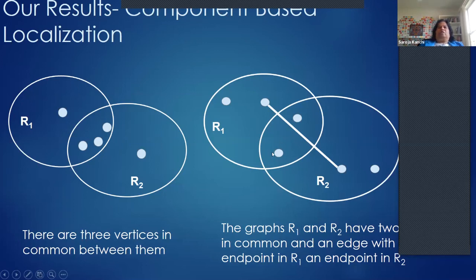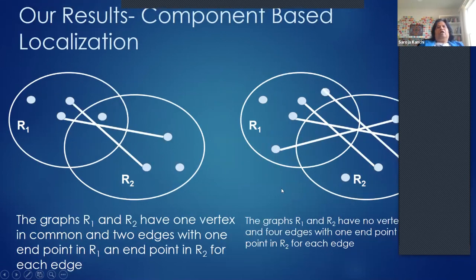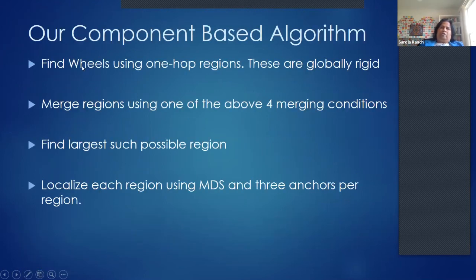Similarly, if you have 2 vertices in common, but just 1 edge between them, that's sufficient to make the entire region globally rigid. Or if you had just 1 vertex in common and 2 edges between them, then the entire region was globally rigid. Or if you had 4 edges in common between them, then it became globally rigid. This I call the 2-merge theorem, because it helps us merge 2 regions. Our results were based on starting with looking for wheels using 1-hop regions. Once we had the wheels, we knew wheels were globally rigid, and then we started merging the wheels together using these 4 merging conditions above. We found really large